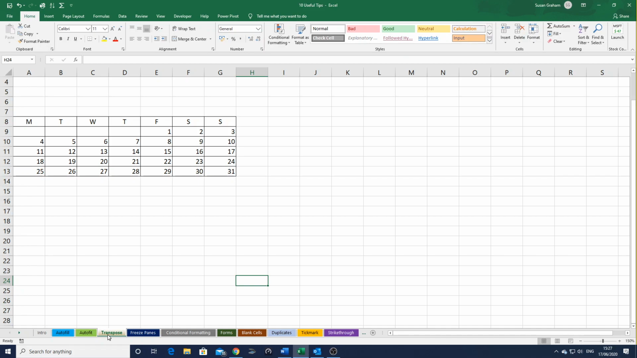Transpose is when you need to swap the rows and columns. So for instance, in this calendar I have my days of the week at the top in a row, but I want to show it down in a column. So I'm going to highlight the table, right click within the box,